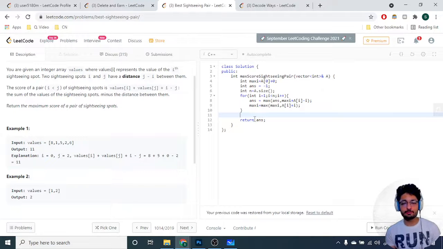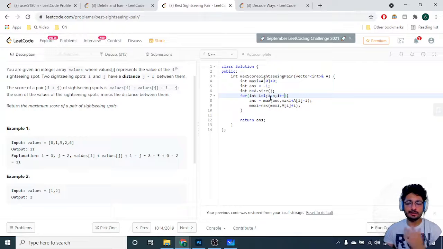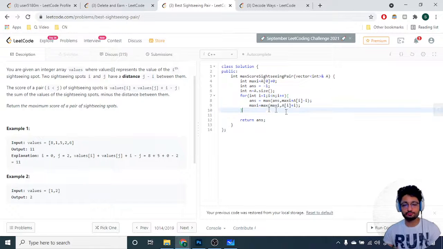Coming down to the space complexity, I haven't made any extra DP table, so it's O of 1. Though I'm sending A, the A is passed through the function call. I'm not creating anything here, so it's only constant variables. Cool. So it is O of 1 if you're talking about the function call only. And time complexity is O of n because we are just doing a for loop. Cool. So that's the whole logic and the code part for this problem.